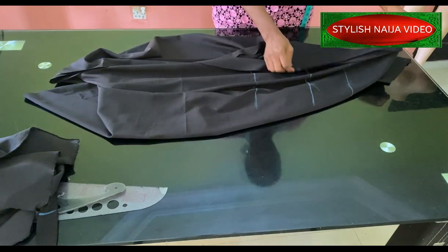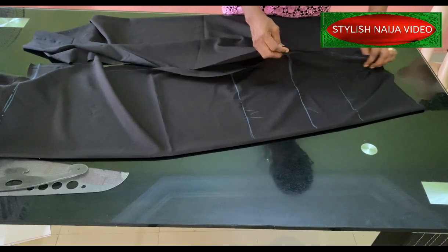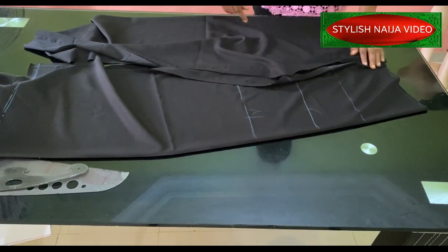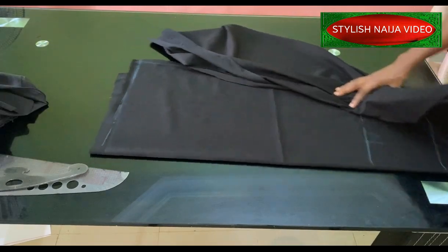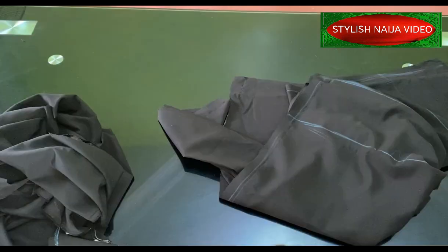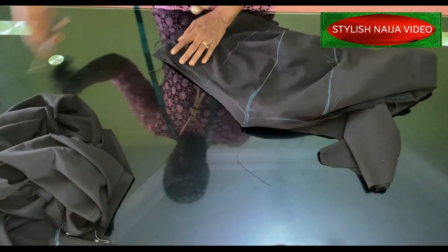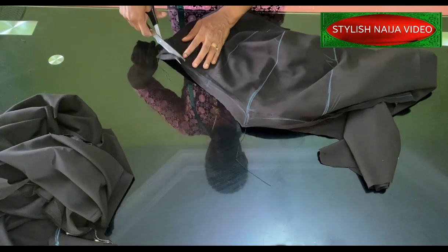Just place them together like this and then join this to this on my wrong side. So I'll do that and then bring it back and show you how to connect the down part. Just join crouch to crouch, front crouch and back crouch. Okay guys, so I've joined on my crouch area, so I'm just going to trim a little bit of excess